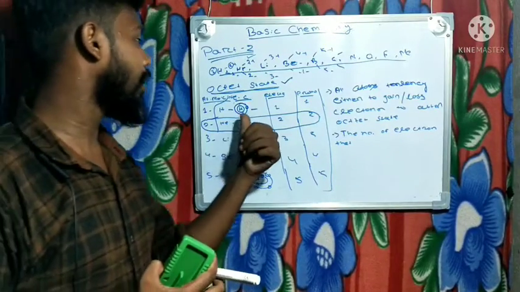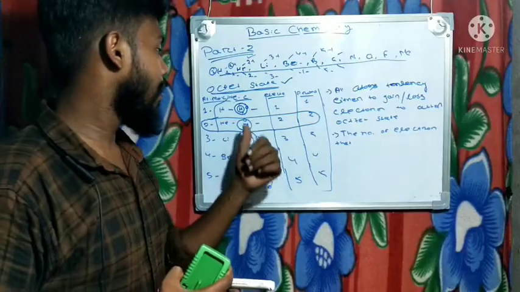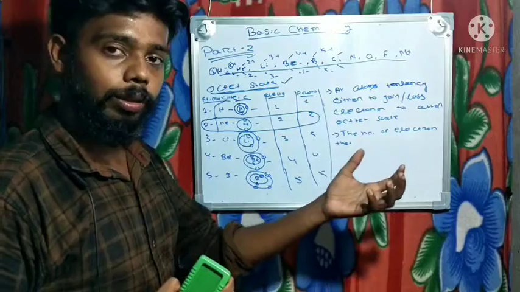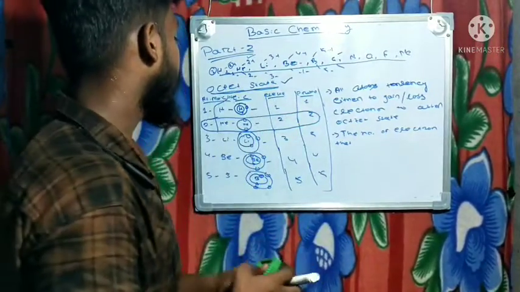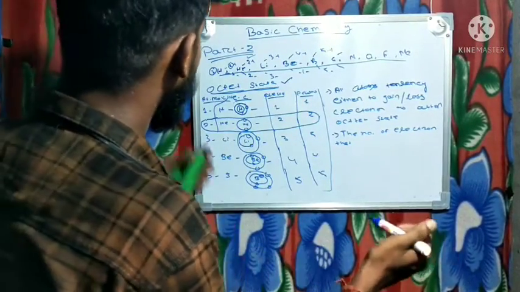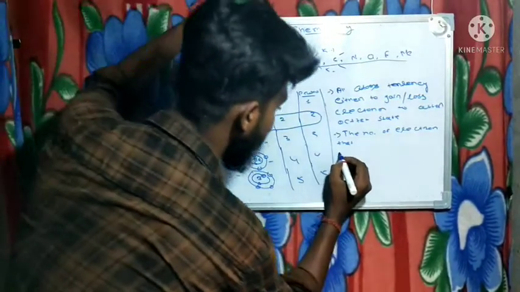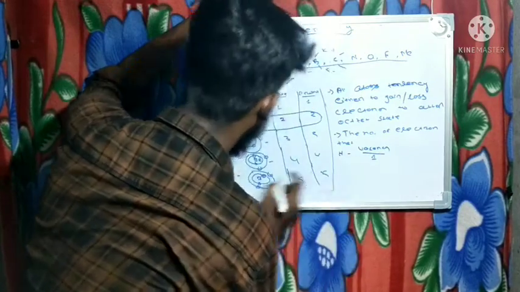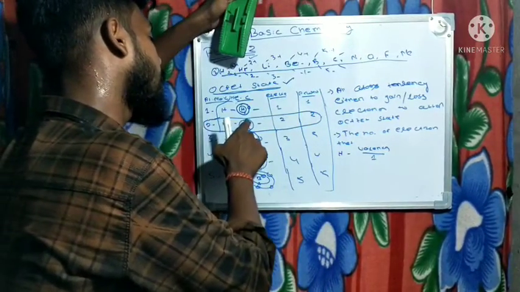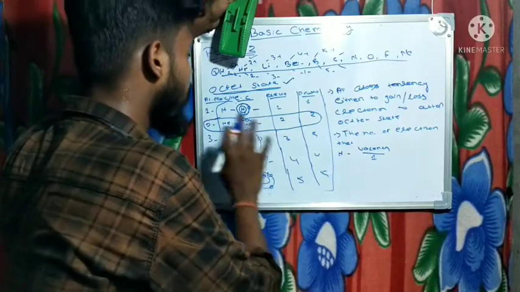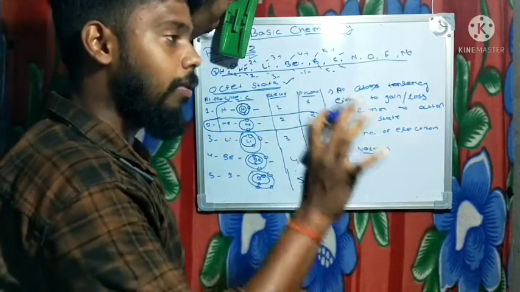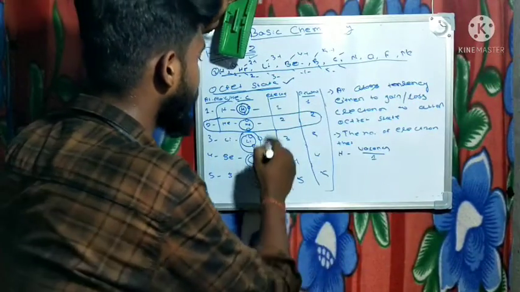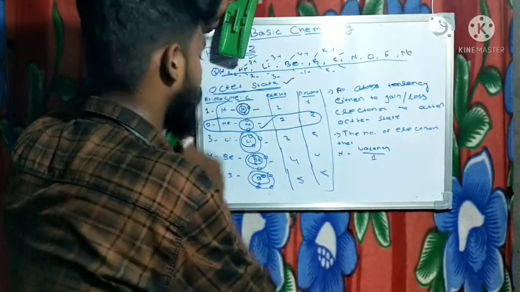Tell me one thing. What is the valency of hydrogen? As hydrogen wants to complete its K cell, it wants to gain an electron from anywhere. That's why, as it wants to gain an electron from anywhere, we can say that hydrogen has valency 1. If we discuss helium, its cell is complete, so helium has no valency. As helium has no valency, helium is called a noble gas or inert gas.